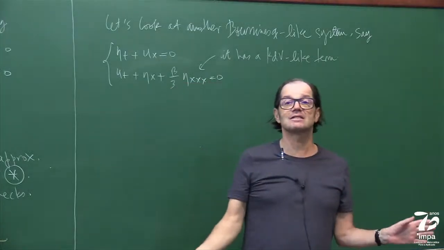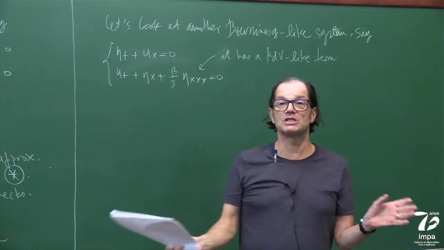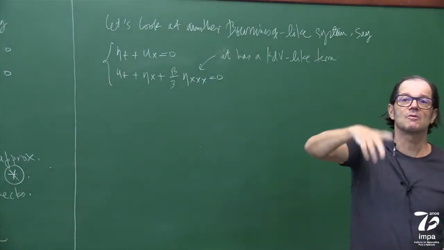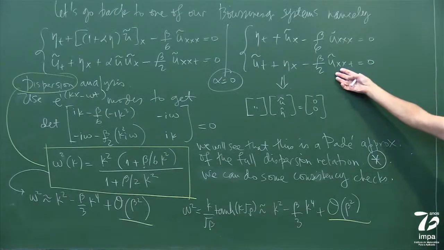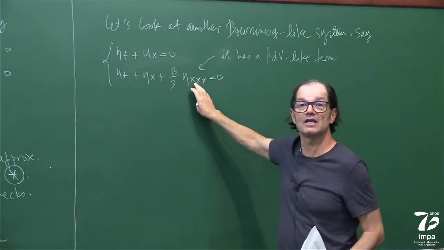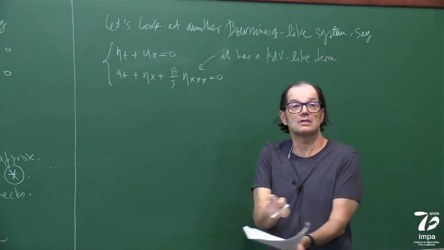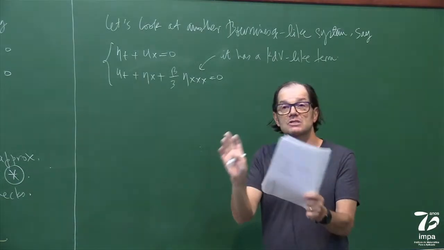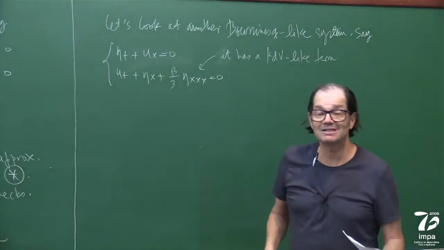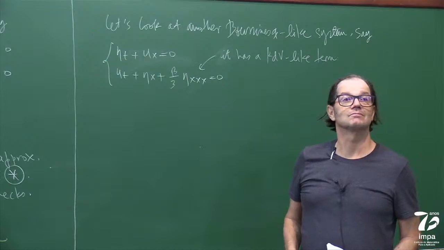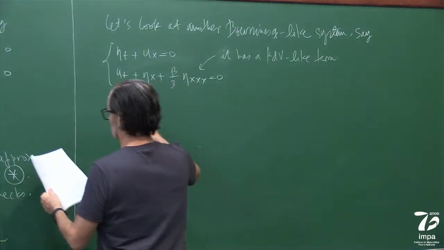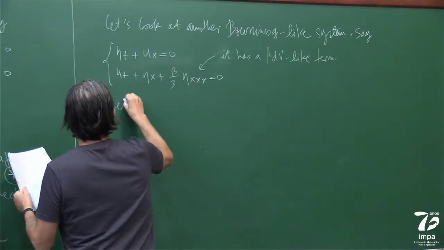It's in the same asymptotic regime that we did, so we could get this system. Some of you could have deduced this one from the potential theory. For some other reason, I wanted it to look a little bit like the KdV, so I deduced this one. They're all fair because they're in the same regime with the same rules of playing with terms, but the dispersion relation will be different. So let's check that. Here the dispersion relation will be, we'll get this, the determinant